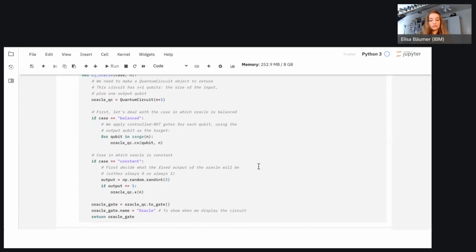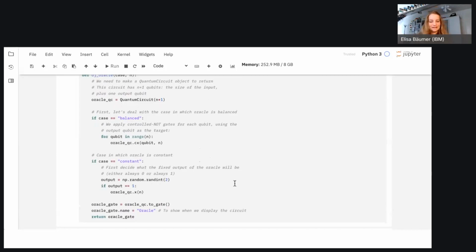The most trivial one would be to choose one qubit out of all the input qubits and say if this qubit is 0, we output 0, and if this qubit is 1, we output 1. Thereby, half of the cases will be 0, half of the cases will be 1. Very trivial. I chose a slightly more difficult one.